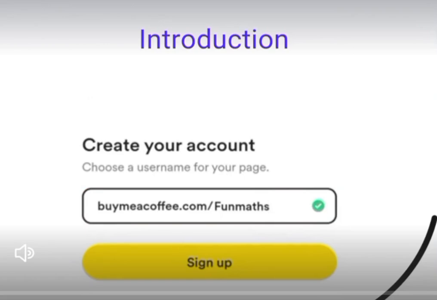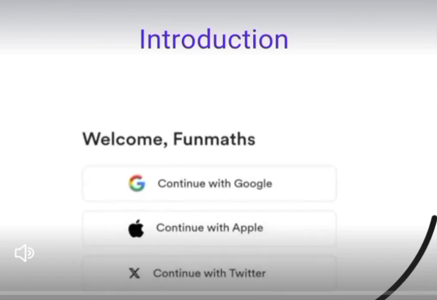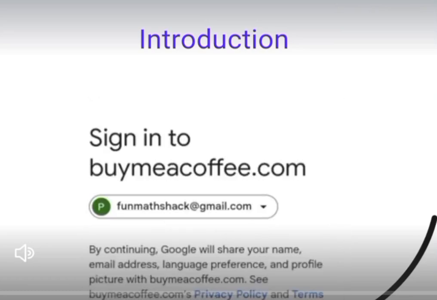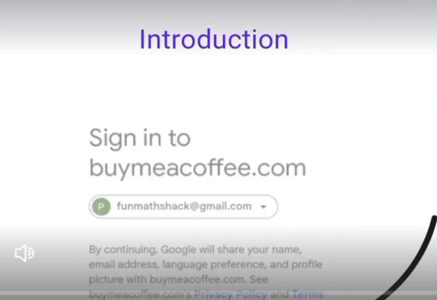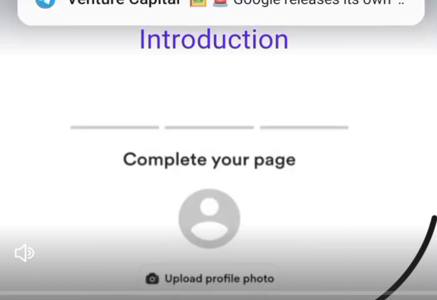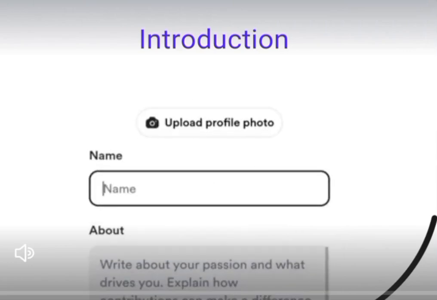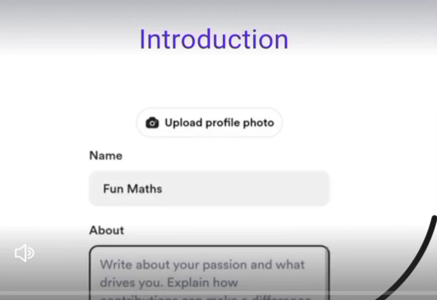Okay, so I'll click on sign up. So if you have a Gmail account, you simply use a Gmail account, or you can take the alternative of inputting your email and password. So let me continue with Google, and then I'll use one of my Gmail, and I'll just click on continue. So once you've come to this place, you just give it a name. So if you like, you can just put a name. So for me, I just put Fundmats,